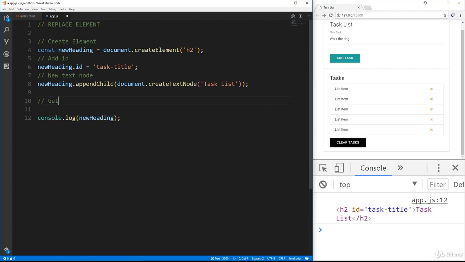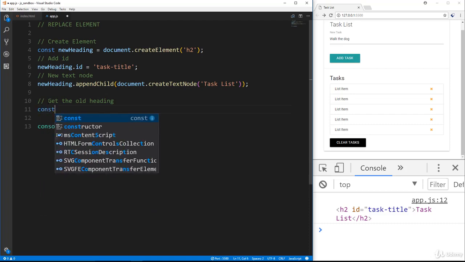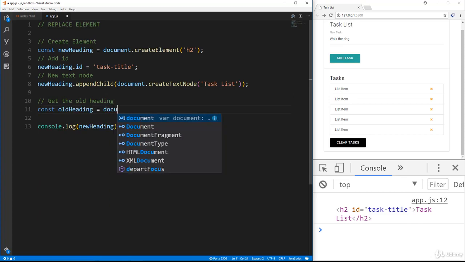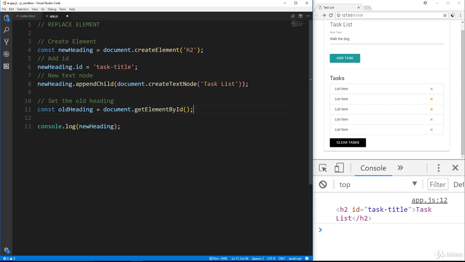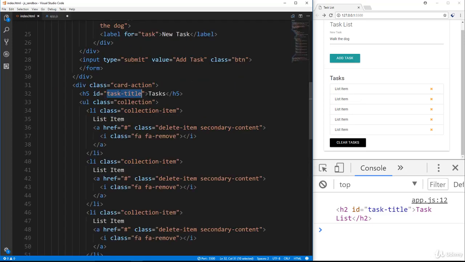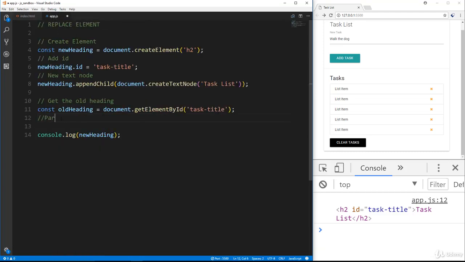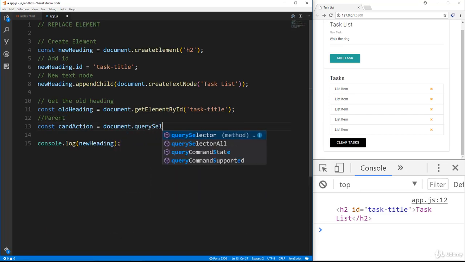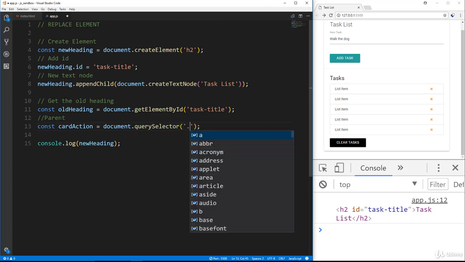Now we'll get the old heading, or the heading we want to replace. So we'll say const oldHeading equals document dot, and let's use getElementById. We haven't really used that. It has an ID of task-title. Now we're going to need a parent because we're going to use something called replaceChild, and we need to call that on the parent. Now this H5 is inside of a div with the class of card-action, so let's go ahead and do that. So we'll say parent, and we'll call this cardAction, and we'll set it to document.querySelector, and it's a class, so .card-action,